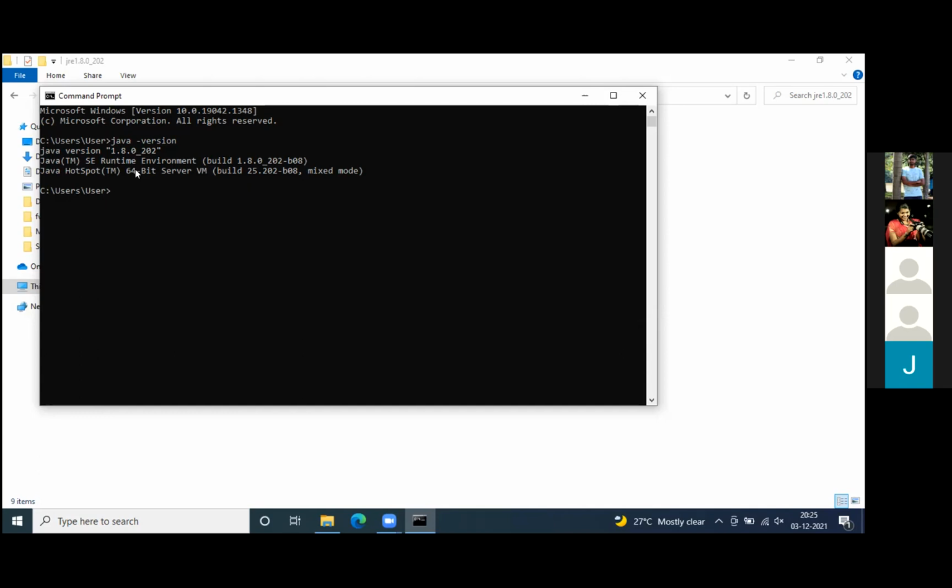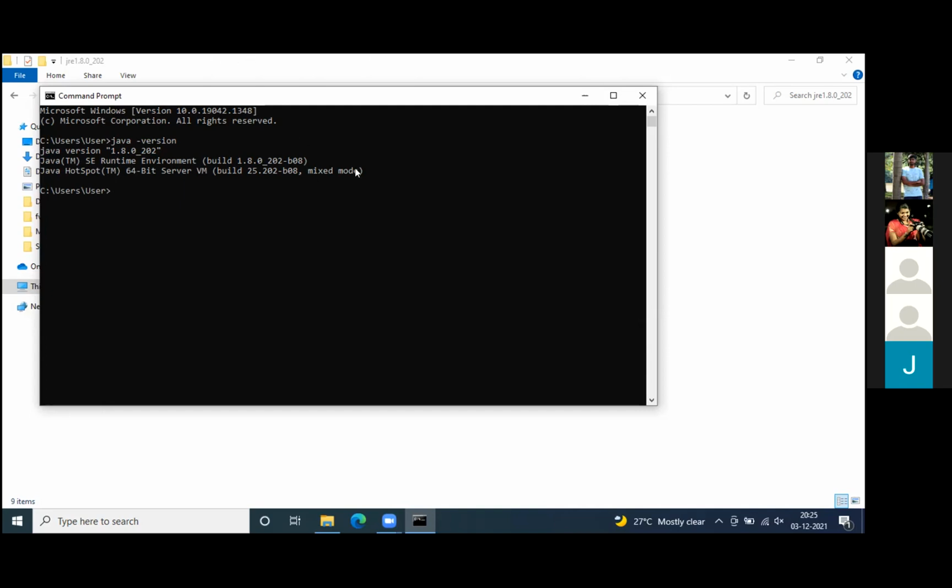The reason for setting this path variable is that our system should understand that we have placed Java and from where it needs to be executed. Basically, if you have multiple versions of JDK installed, and your program supports only 1.8, not 1.11, then there might be a problem. You might end up with a conflict.